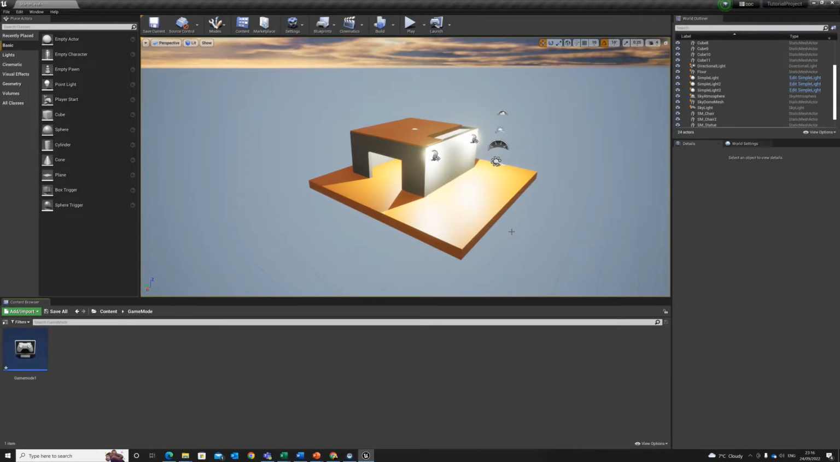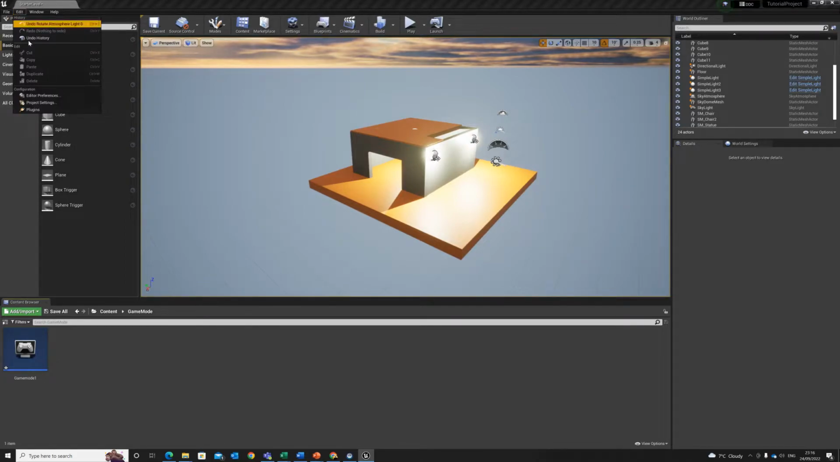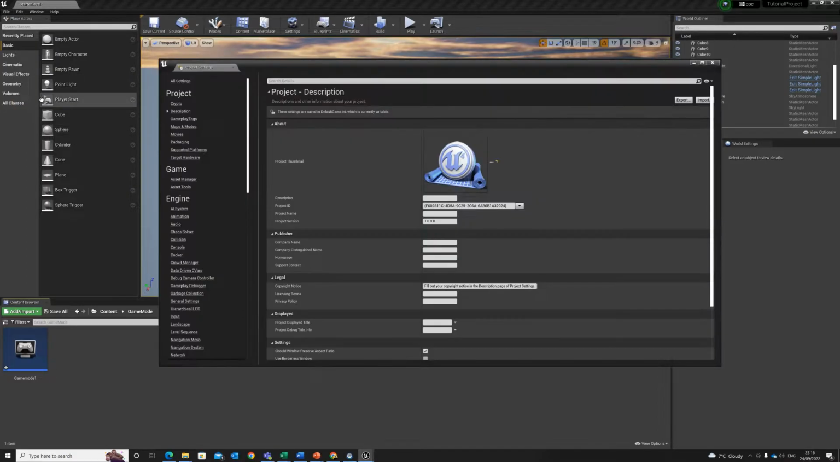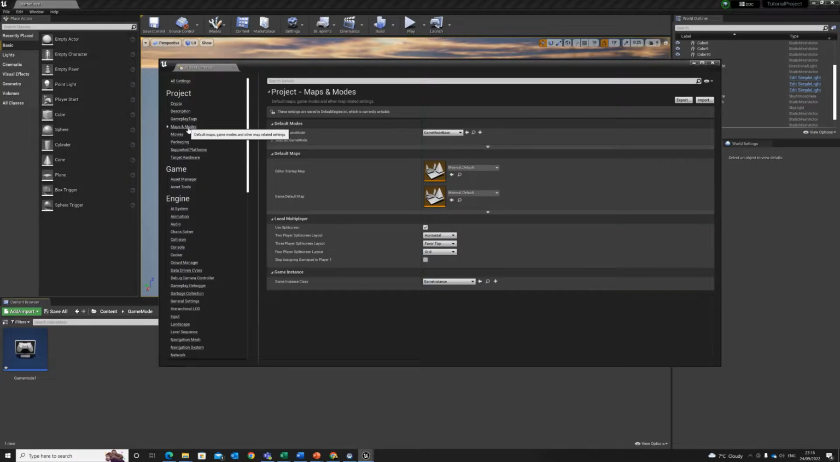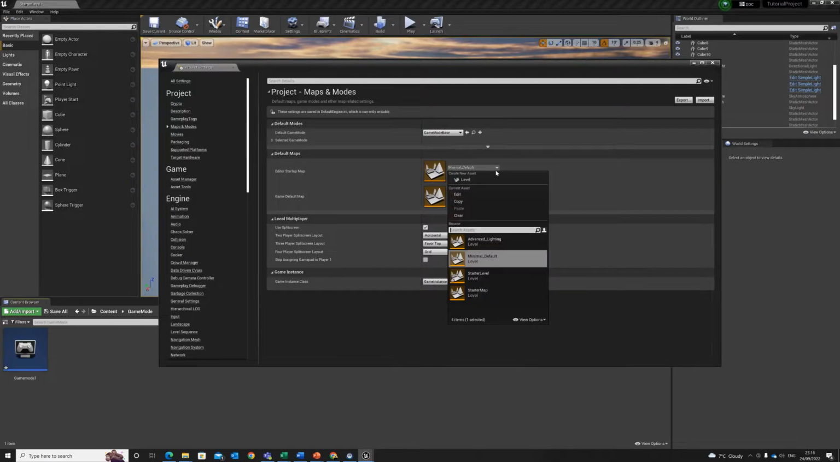Now once you've created that, we're going to actually start editing some of the project settings. So we're not actually going to edit this file here, we're going to use the edit button at the top on our top bar. Click on edit and go down to project settings. Now there's a lot of settings and properties and different things that you can change in here, but the first thing we're going to do on this left panel here, this big list here, towards the very top, we've got maps and modes. If you click on this, now we're actually going to change our startup and default map to our starter level,